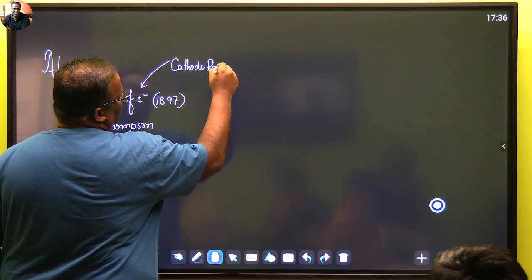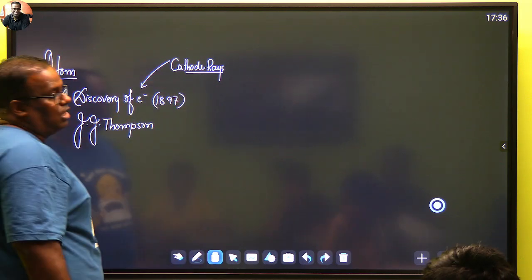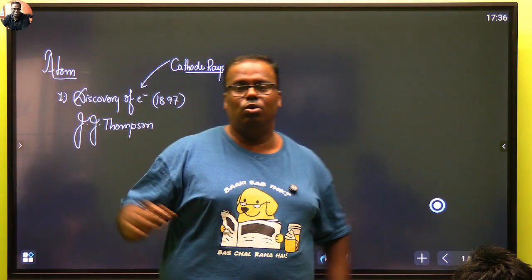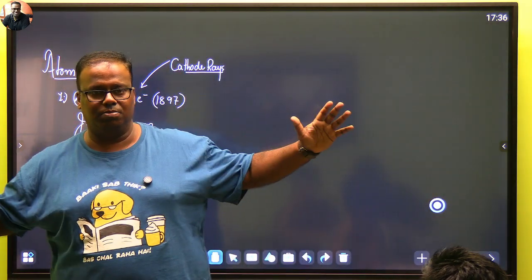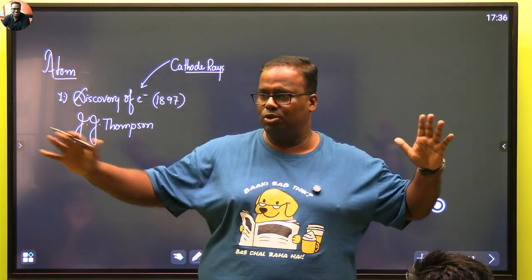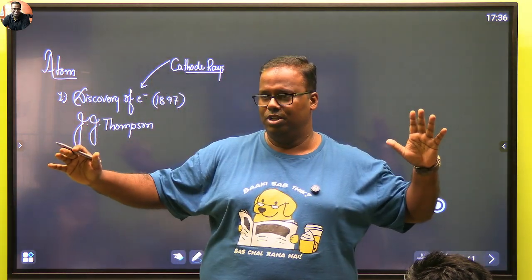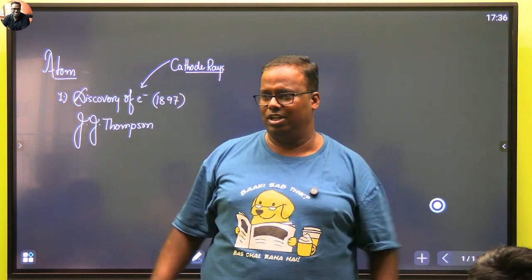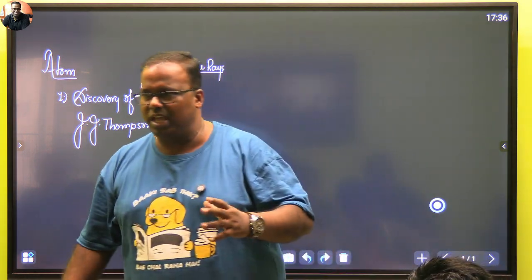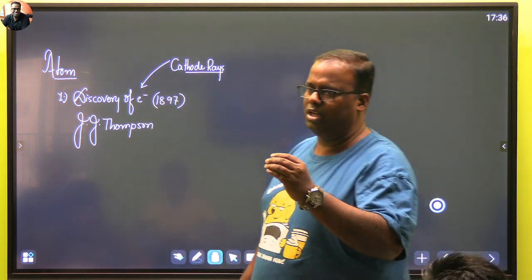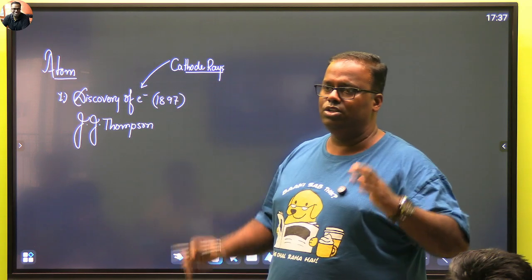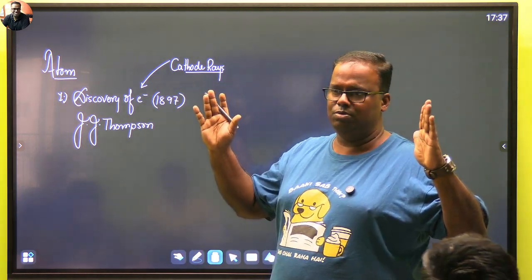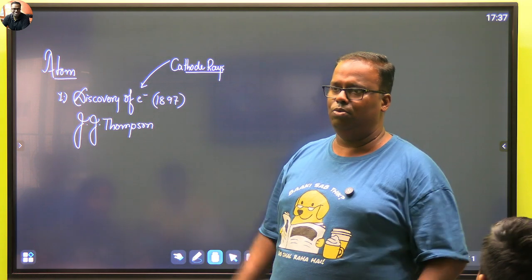Cathode rays, like the television which you have, CRT, the old days television which we had, box type, colored television. CRT bolte the na, CRT is a cathode ray tube. So electrons are bombarded on the screen. So J.J. Thomson took some gas at a very low pressure, and he introduced high voltage electricity between two plates, and he found.